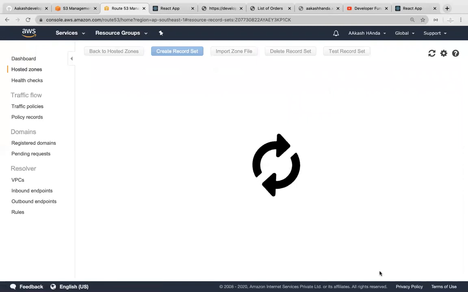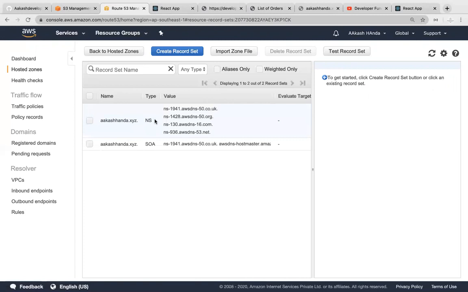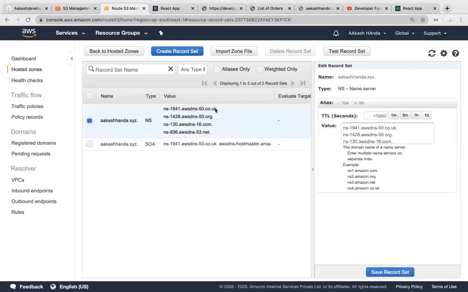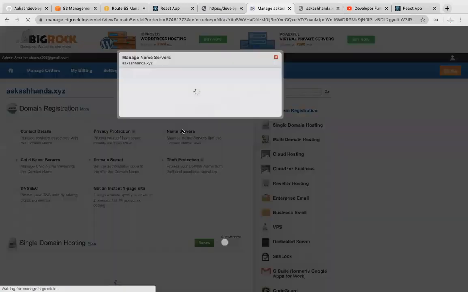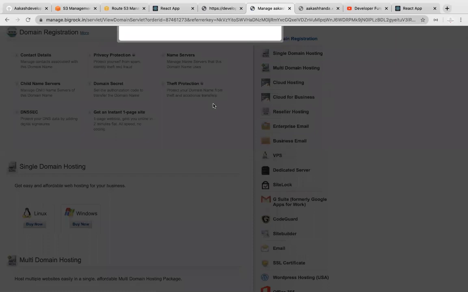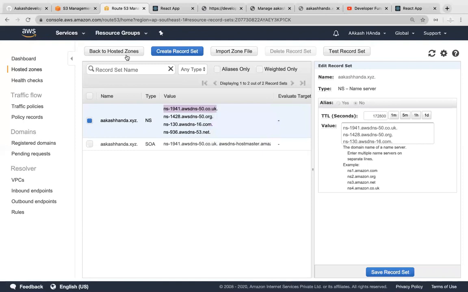Don't write HTTP, nothing. Your domain got hosted and you got the NS record, which stands for name servers. It means how that domain is going to connect with this particular URL. You have to pick all these name servers, and each domain platform has a different way to map it. The one which I am using, I have to go to the order and then to name server. Everybody has the name server option. Just go to name server, add your name server like this.